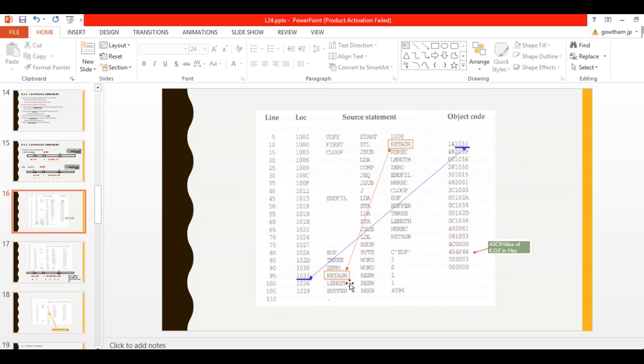And here WORD means 3, so in object code also you initialize 3, because you are initializing 0 to 3. For RESW and RESB, you have no need to write the machine equivalent code, so only till WORD you have to write, because this is a location you are reserving to store something.